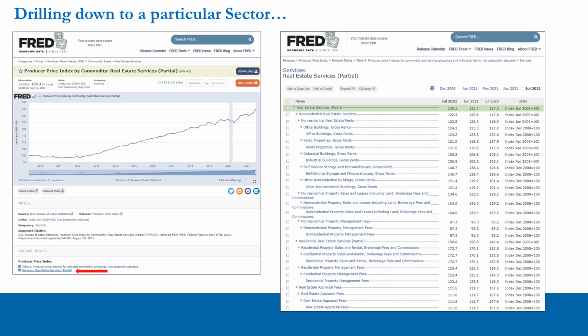And you can see, for example, gross rents across the property sector. You can see non-residential property sales and leasing with land brokerage fees and commissions. You can also see management fees, and you can see residential property sales and rentals, brokerage fees and commissions, and also appraisal fees. So very obviously, if we're using lumber as one of our cyclical commodity prices that we're analyzing,